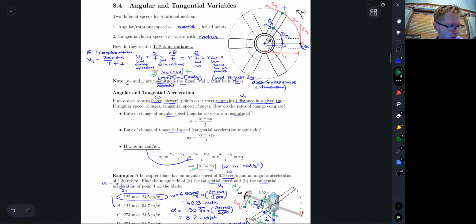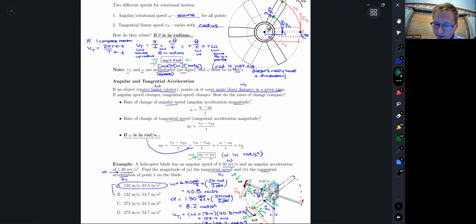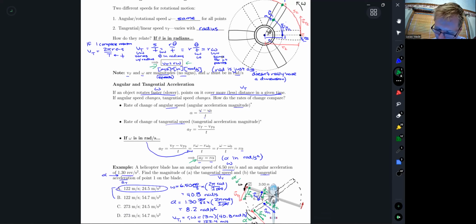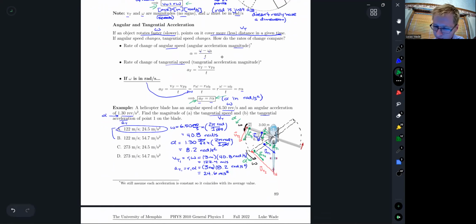So in general, how do the angular variables relate to the tangential variables? That first equation, and then this one right here: tangential acceleration is r times the angular acceleration. Again, to get a good physical sense of what each of those mean, this is a good example to look at, and that drawing